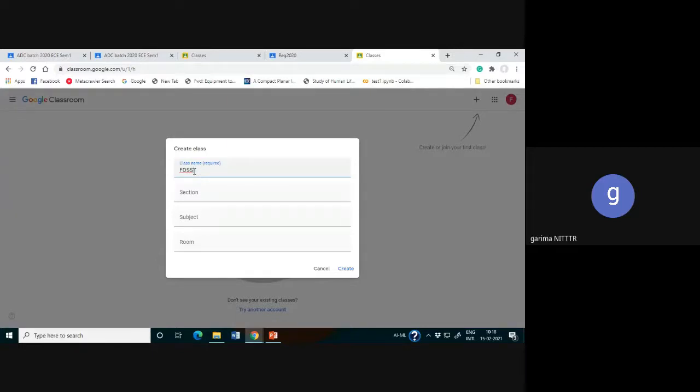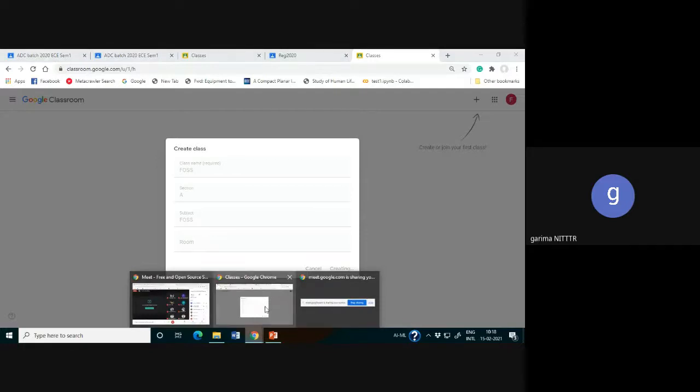My subject is again FOSS, and then room number, suppose any number you want, or not, it's up to you. Then I'm creating this particular class. Now, when I have created this class, I'll get the information related to it.